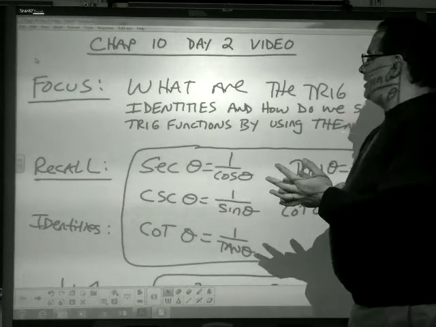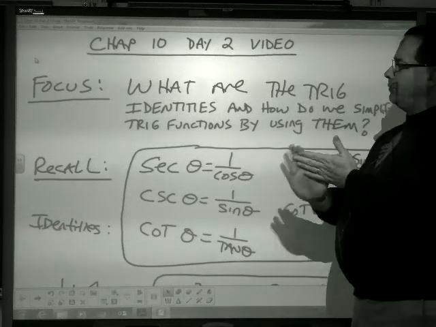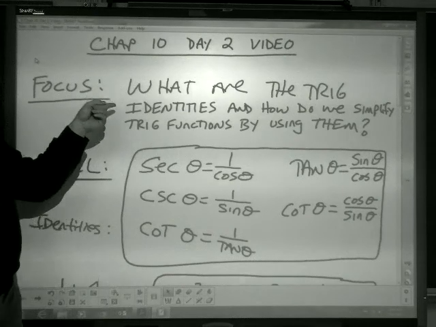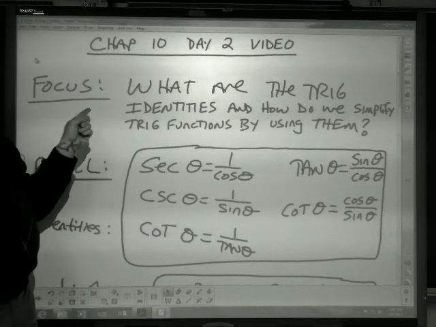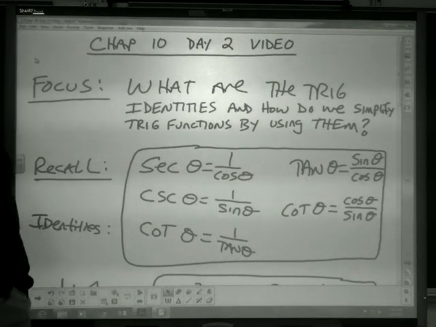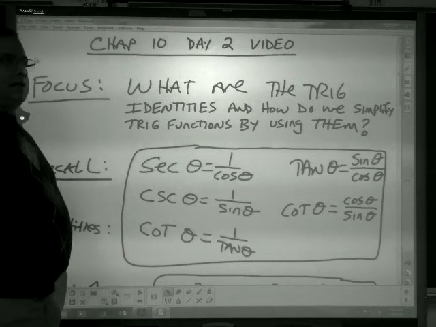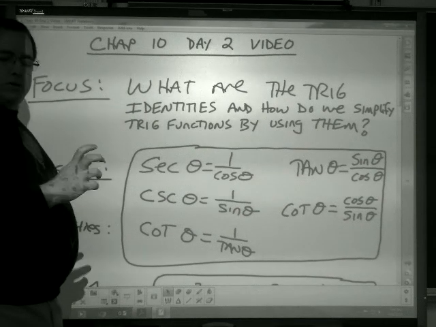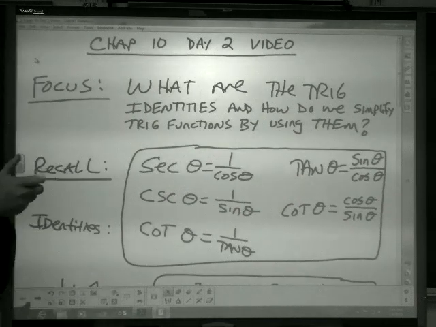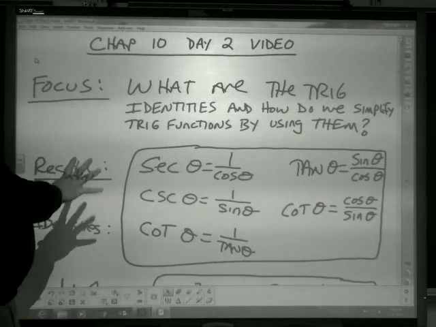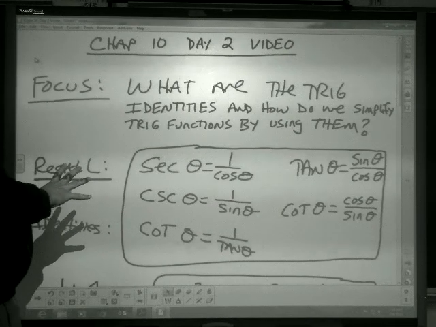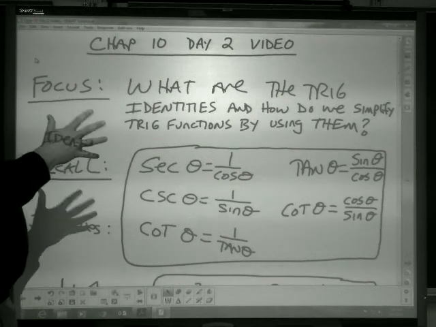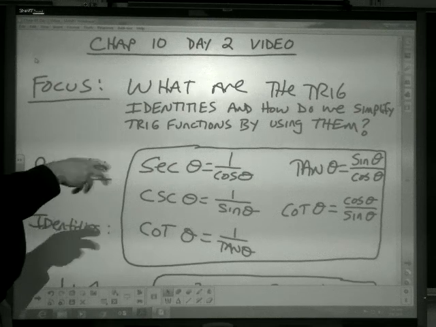Okay, chapter 10, day 2 video. What we're going to focus on today is what are the trig identities and how do we simplify trig functions by using them. An identity is kind of like an equivalent relationship for trig functions. This whole day is going to be on rewriting trig functions using sines and cosines and their trig identity relationships to try to simplify